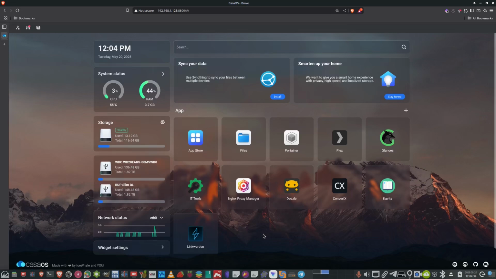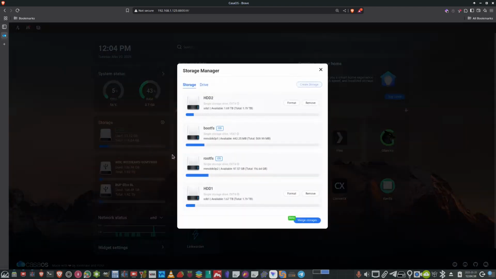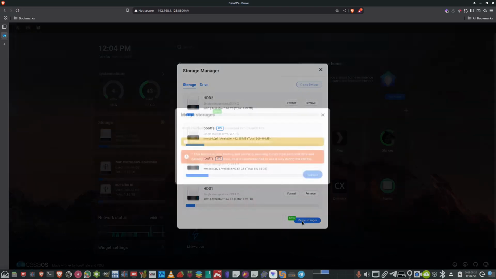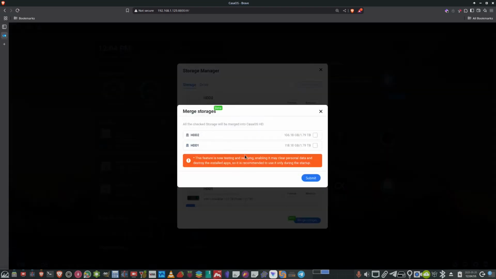All right, so it's in beta, and if I go up here to this little gear and click it, it opens up the storage manager. If this were not in beta, it says beta, it's got a little flag here, then there is something here called merge storages, and there is a file system called mergefs. If you click this button and it were not in beta, this warning banner wouldn't be here, and you'd be able to click both of these drives and hit the submit button, and it would merge both of these drives